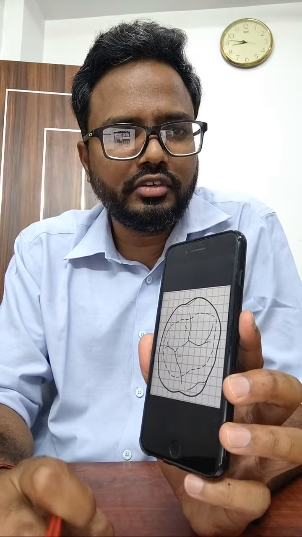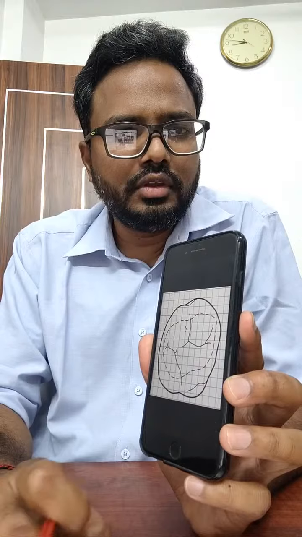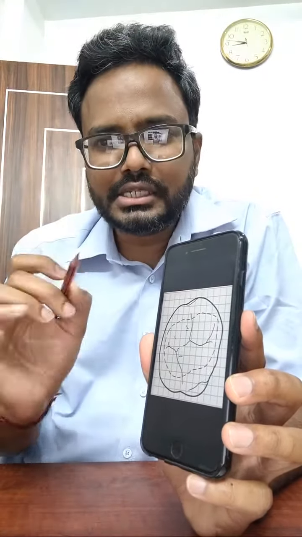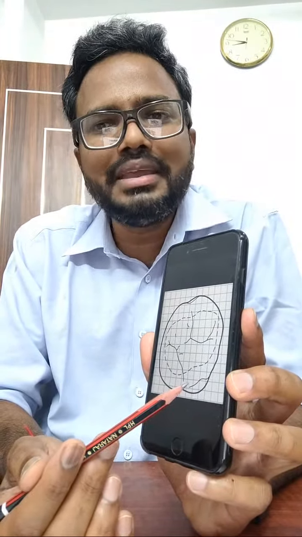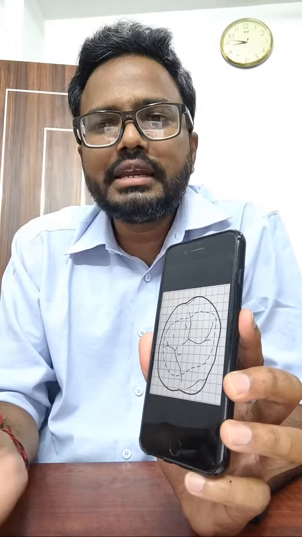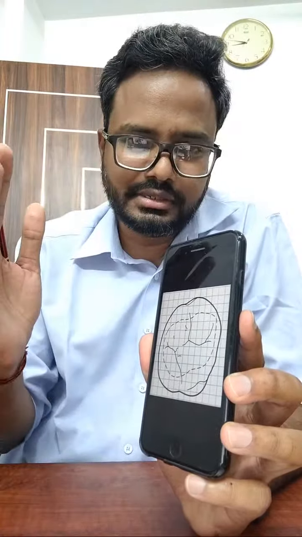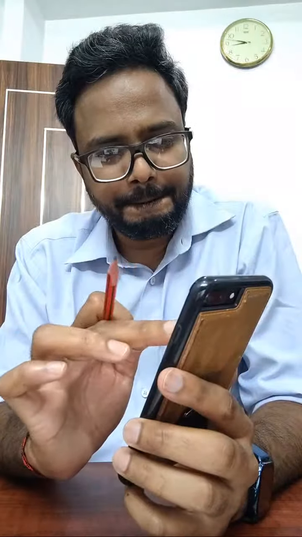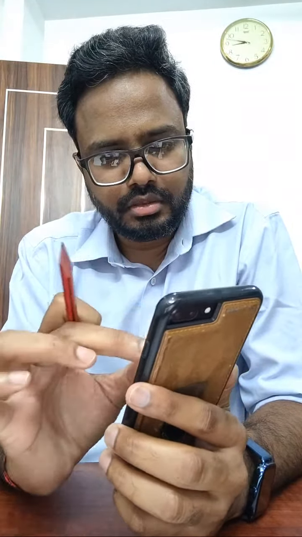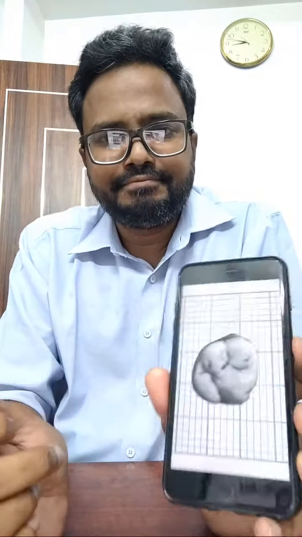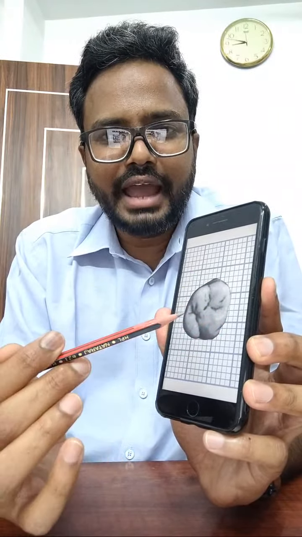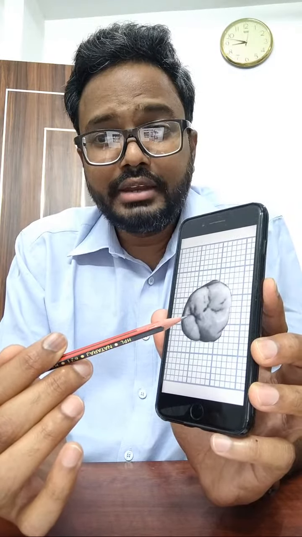Now, continuation. You can see, they've mentioned the point which we tried to highlight at the end. So it is apparent that the maxillary first molar crown is wider mesially than distally and wider lingually than buccally. In simple terms, make a note of this point. The maxillary first molar is wider mesially than distally, right? And it is wider lingually